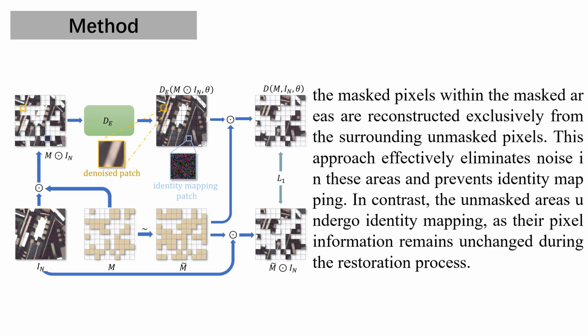To address this limitation, we were inspired by MAE, masked autoencoders, and shifted from performing blind spot convolutions in the feature domain to applying masking in the pixel domain. By randomly masking a certain proportion of pixels in the pixel domain and using the network to reconstruct the masked pixels from the remaining unmasked ones, we calculate the MSE loss between the input and the prediction for optimization. This approach achieves the same self-supervised denoising effect as blind spot networks.